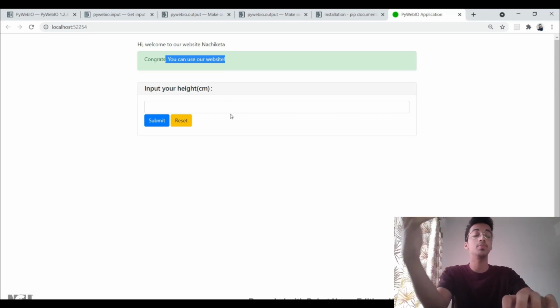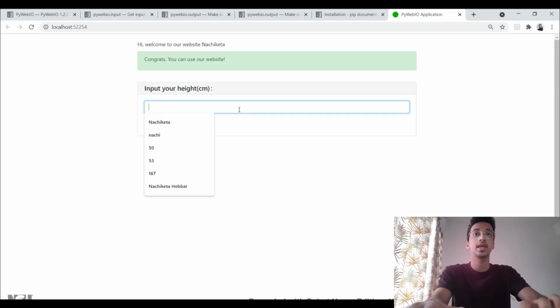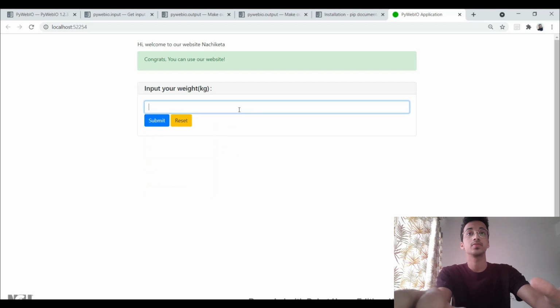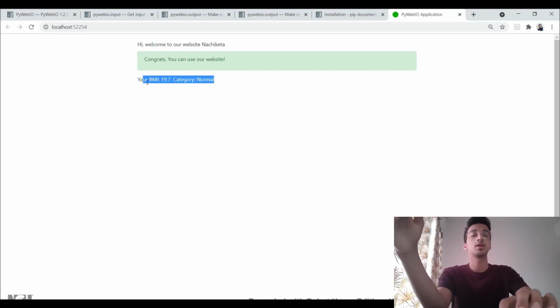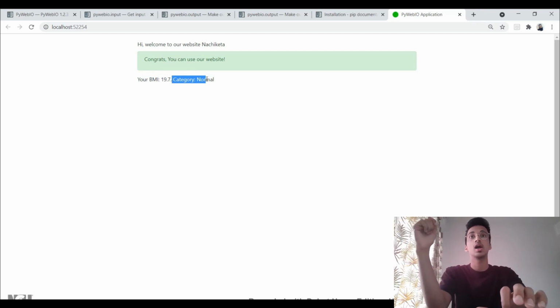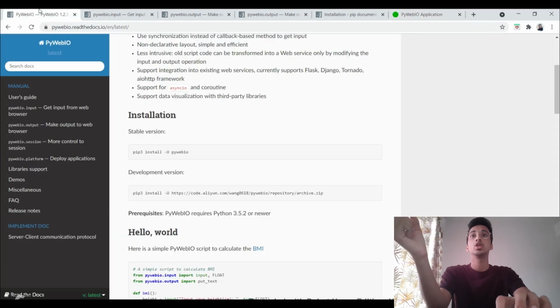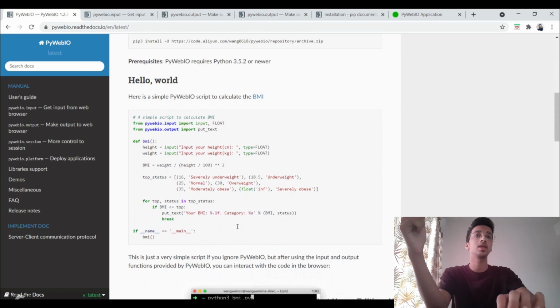And this is basically a BMI calculator, right? You enter your height and weight, and based on particular conditions, it will tell you if you're underweight, overweight, or normal. So I enter any height and some weight. So it says this is my BMI and the category is normal. So basically an if else condition has been put in place in the background, and this is what we're going to be building. You will be able to see a similar code in the documentation for BMI calculator.